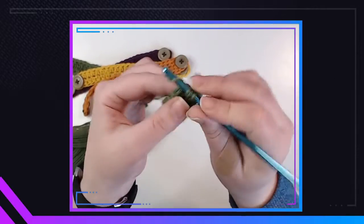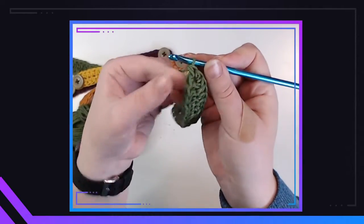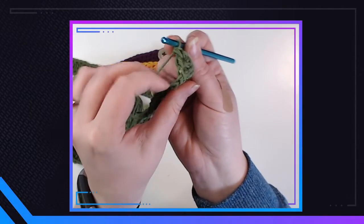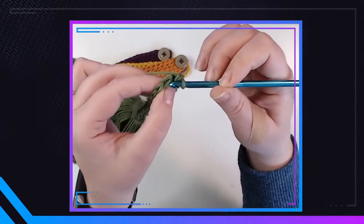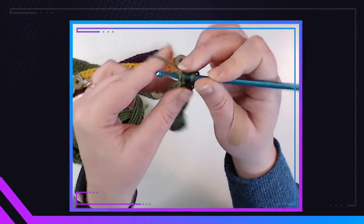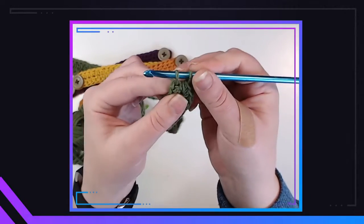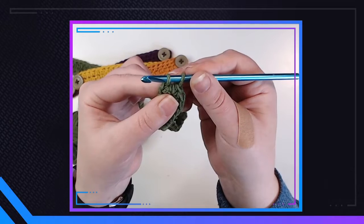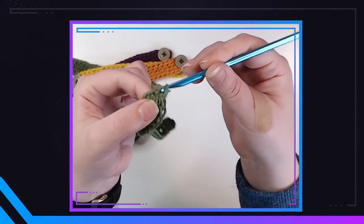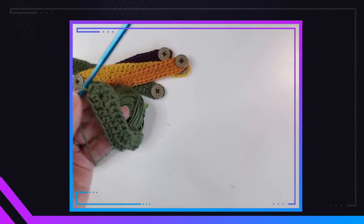completed look. All right, now you're gonna slip stitch to finish. So you see this very first V right here, past where you're working. You will take your hook and go through both of those loops, grab your project yarn, and bring it up. Now instead of looping it all, you're gonna just pull it straight through that loop. And to finish it off,